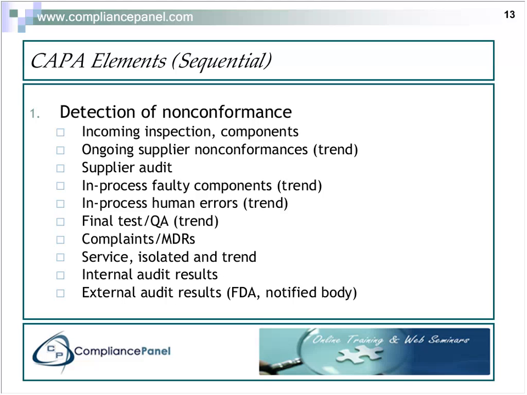In process faulty components, there are going to be many times where, if you make a large quantity of consumables or instruments, your company is more instrument-based, and you make PC boards, and you have thousands and thousands of resistors and capacitors and diodes, you don't need to look at those on an item-by-item basis. However, as part of your quality review board or trending committee or something like that, you do want to look at all of your faulty components from a trend perspective. Annually is not going to give you enough visibility. It's not going to let you implement your corrective action quickly enough. Monthly is good.